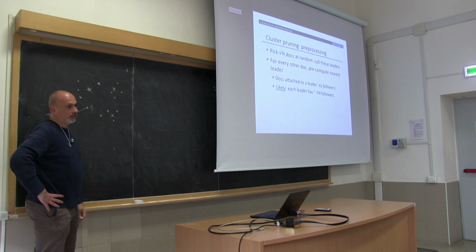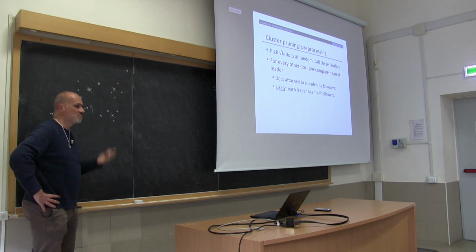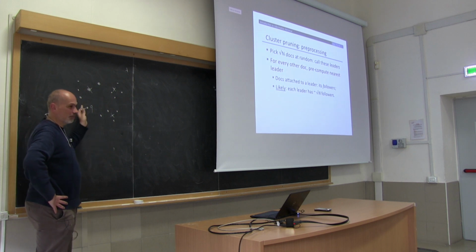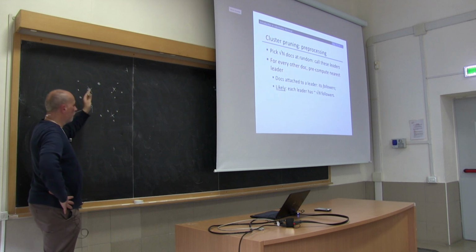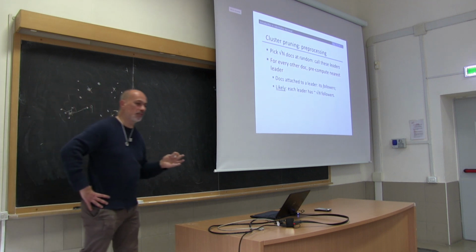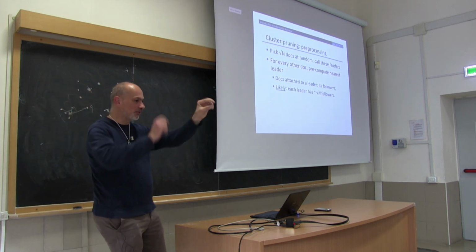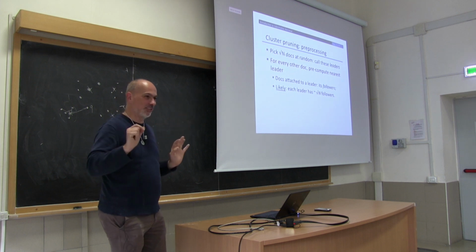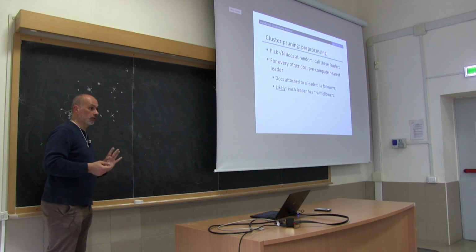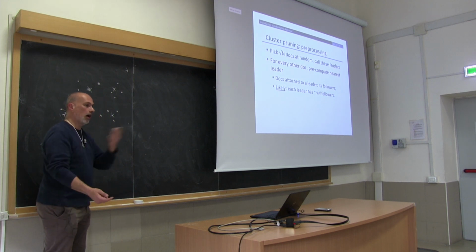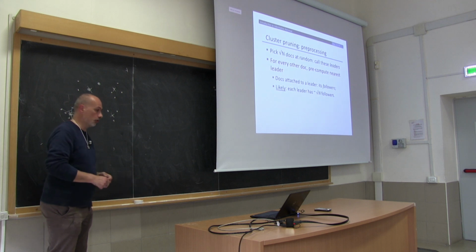If I have no clustering, doing this will be more or less useless. Okay? But the idea, if there is some clustering, which I cannot know in advance, with square root of n randomly chosen leaders, I may be able to pick representative in every cluster. Okay? And at that point, this idea may work. That is the idea.